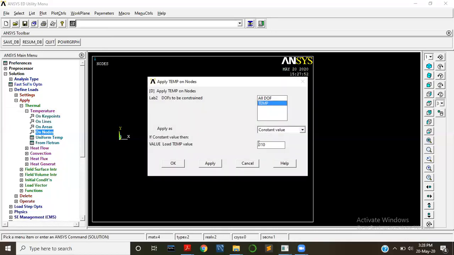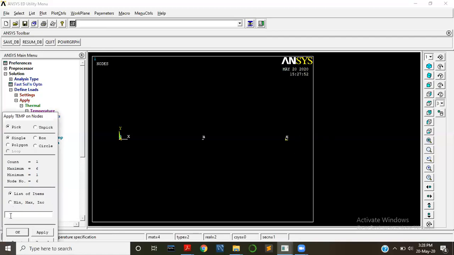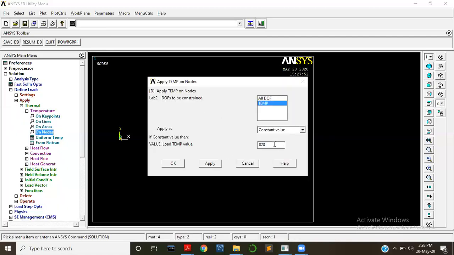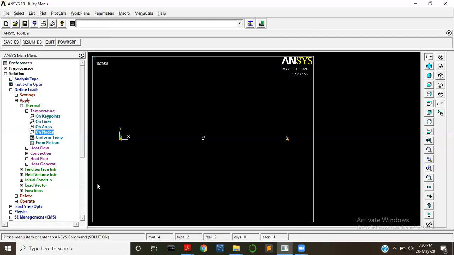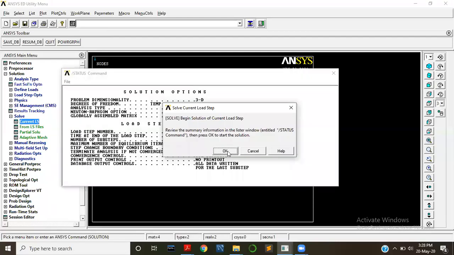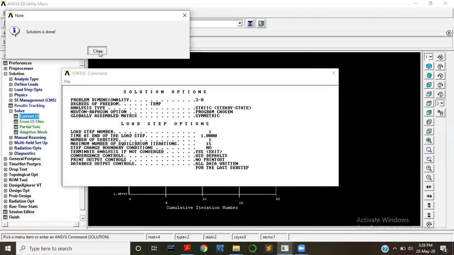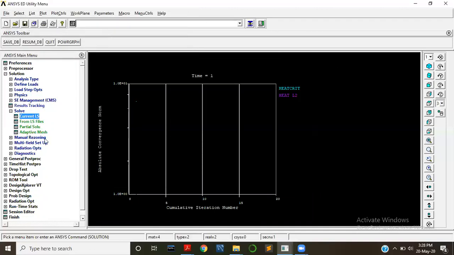Press on OK and temperature as here 820. Press on OK and rightmost node, the temperature is 110. Press on OK. Now solution, solve current LS. Okay. Yes. Solution is done. Good. We have solved the problem.